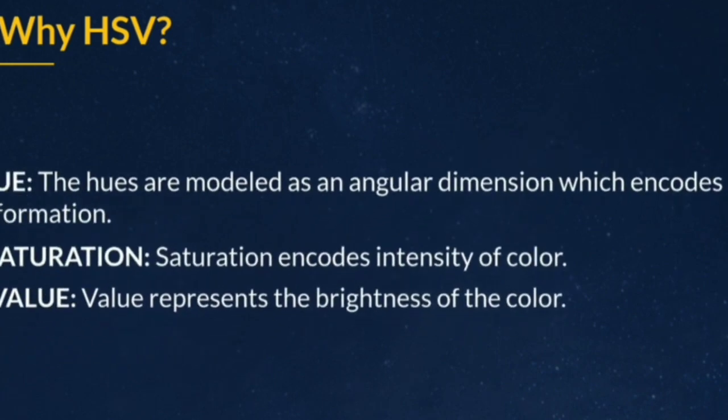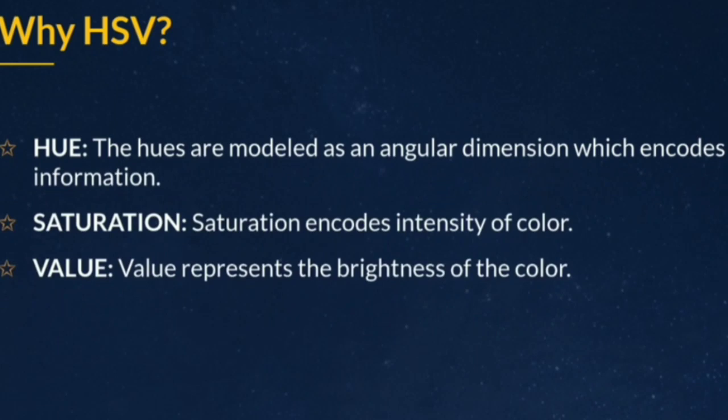Okay, I will explain the code part. First we will understand the theoretical points that we have to use in our project. So hue, saturation and value, what are these three? HSV is a color model, and in this project we have to use this color model. It is one of the best color models. You can use RGB also, but HSV will give you more effective and better results.